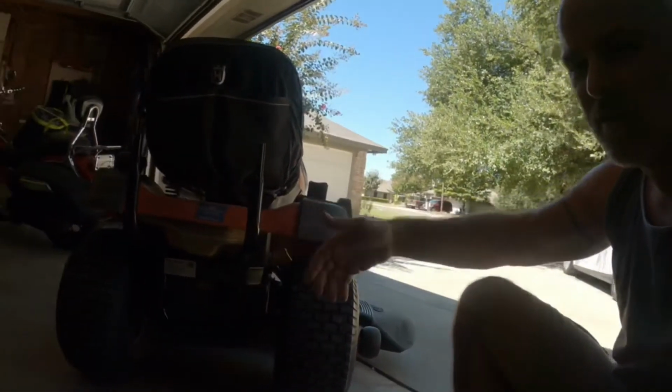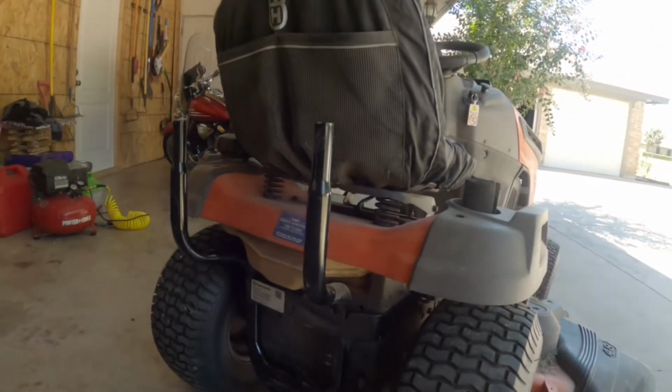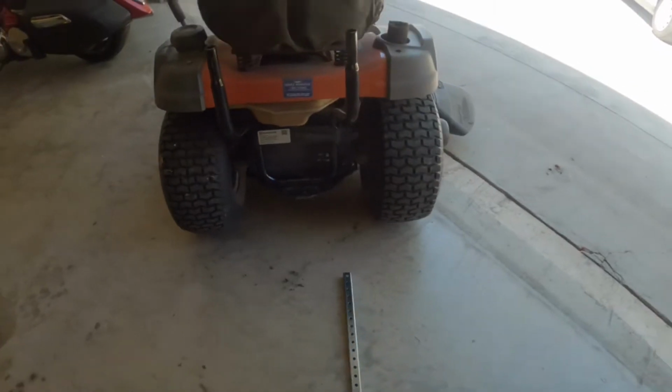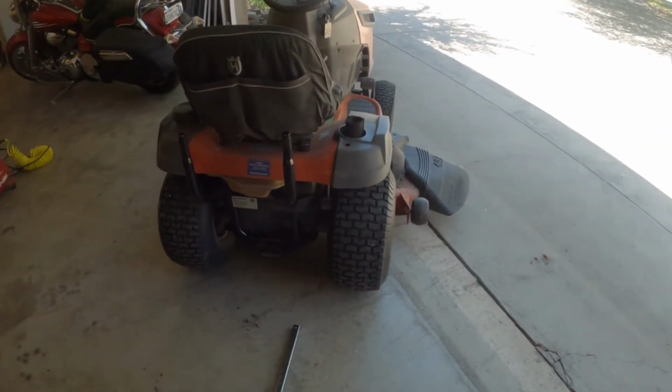Hey there. Okay, so I'm going to attempt to fix the riding mower and make it so you can keep the bags on the back and still have a little bar sticking out so you can put a wagon on and not have to take this back off. So, as you see, I took the back off of the riding mower. Oh, it's not good lighting here, huh? There we go. Okay. As you can see, I took the bagger off the back of the riding mower, and